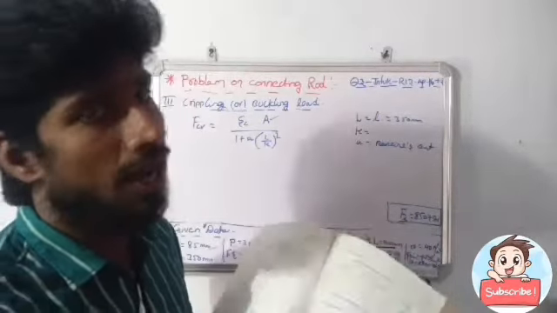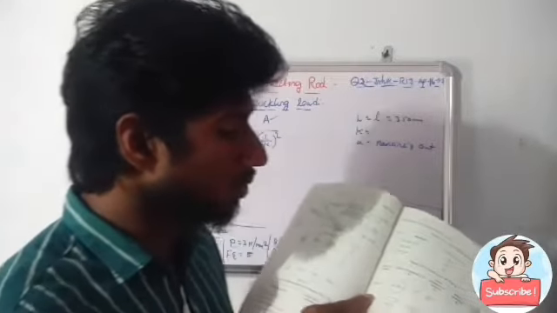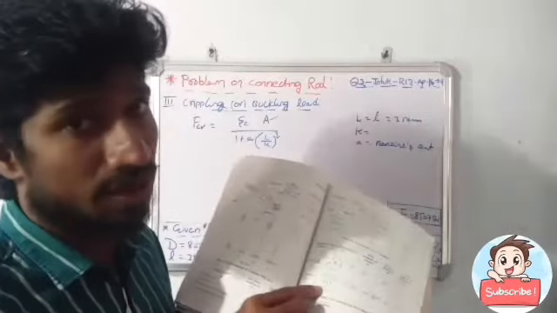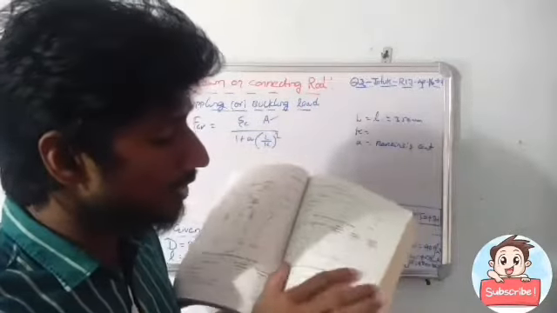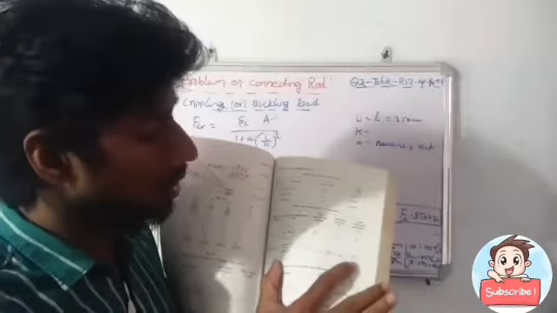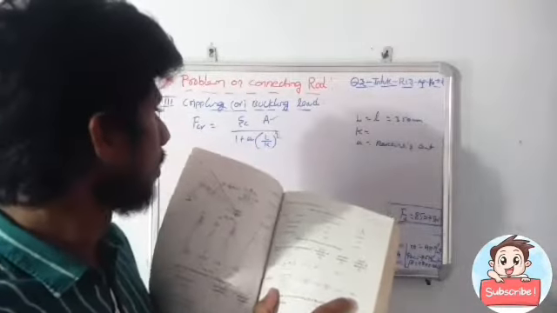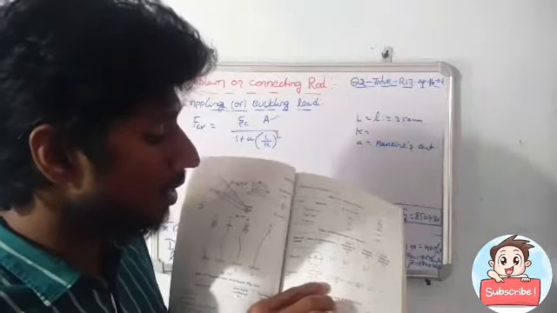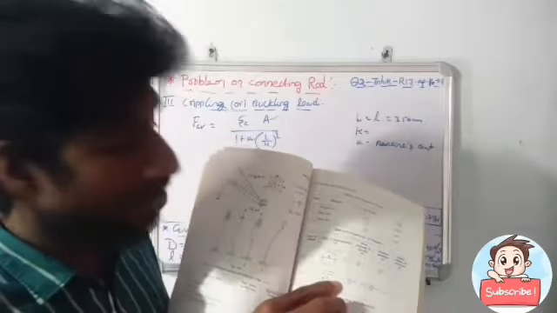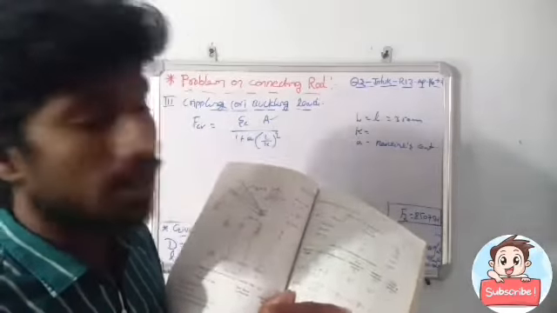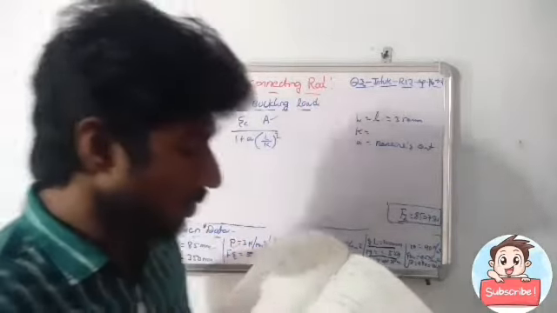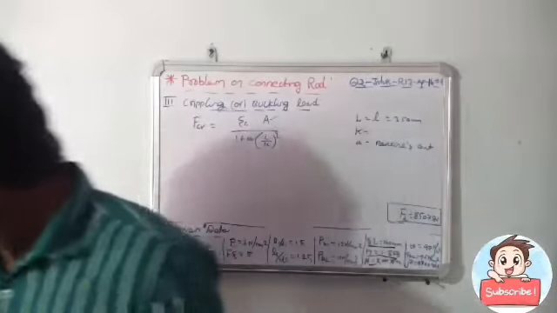Consider these two values, and after that we are going to use the I section for the connecting rod, that shape is the I section we are considering. For that I section, what is the least radius of gyration? Those values we are considering here. Section modulus is also there, and area. If you find that area, it is 11 t square for the I section. So these values are considered from a crippling or buckling load point of view. So let's use those values.